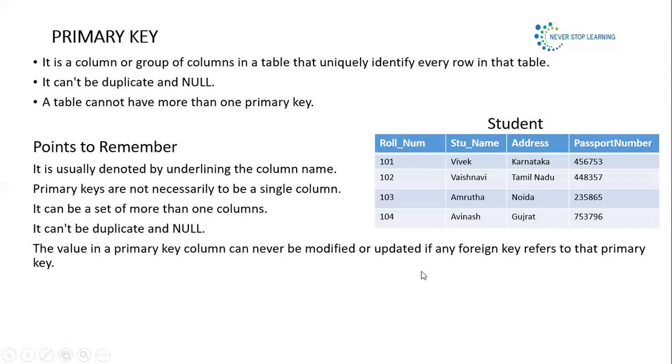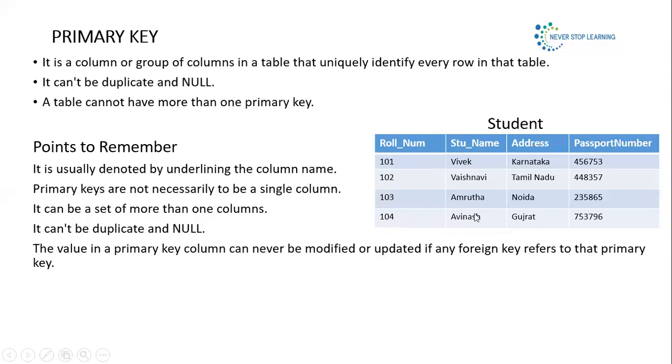Fine. Now primary keys are not necessarily a single column. It's not necessary that I only select roll number as a primary key. I can select roll number and passport number combination as a primary key, or I can select roll number and student name. Then what will happen? 101 Vivek, this will act as a primary key. Now if somebody else's name is also Vivek, then we will distinguish with the entire primary key. His roll number cannot be the same, every person has a separate roll number. So if 105 again we have Vivek, then also it's a unique combination, it's allowed, because both values are not the same, only one value is the same.